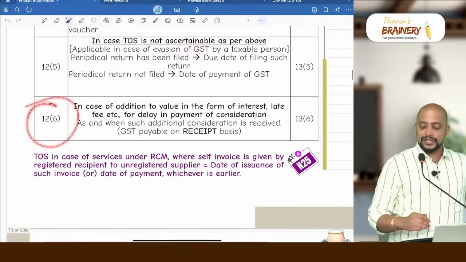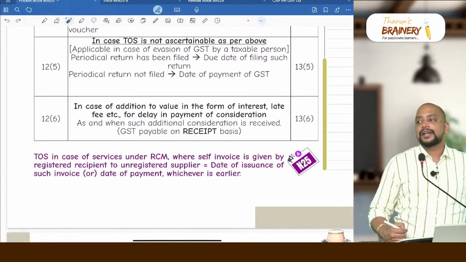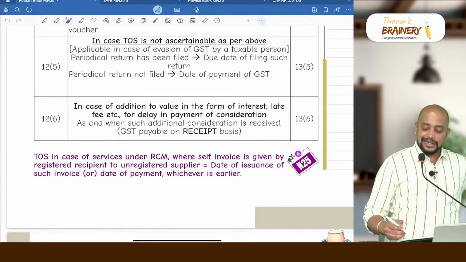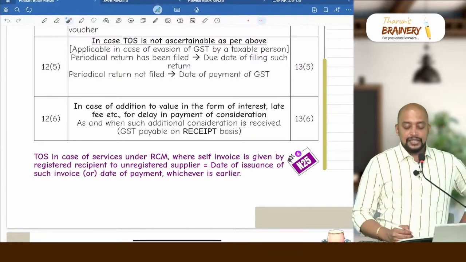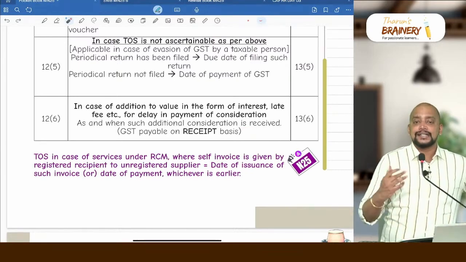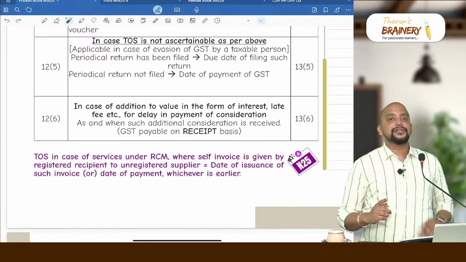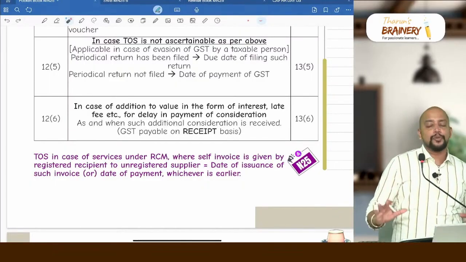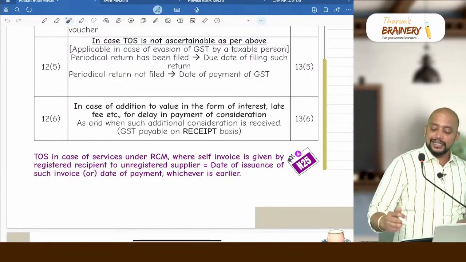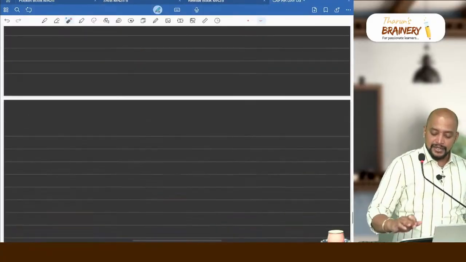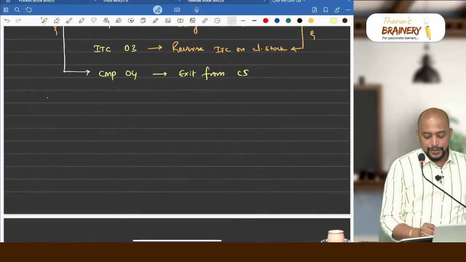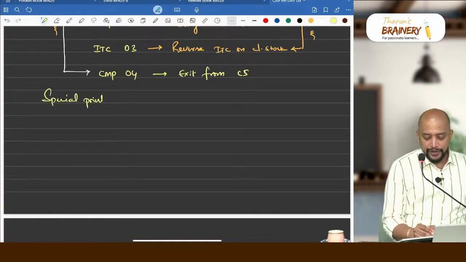Then 12 subsection 6 is interest, late fee or penalty for delay in receipt of consideration. As and when such additional consideration is received, that should be taken. Therefore, GST is payable on receipt basis. Related to interest, late fee or penalty for delay in receipt of consideration, remember few points. Point number 1, for that interest, late fee or penalty, I am just writing it here. You can make note somewhere. So what are the special points? Special points for